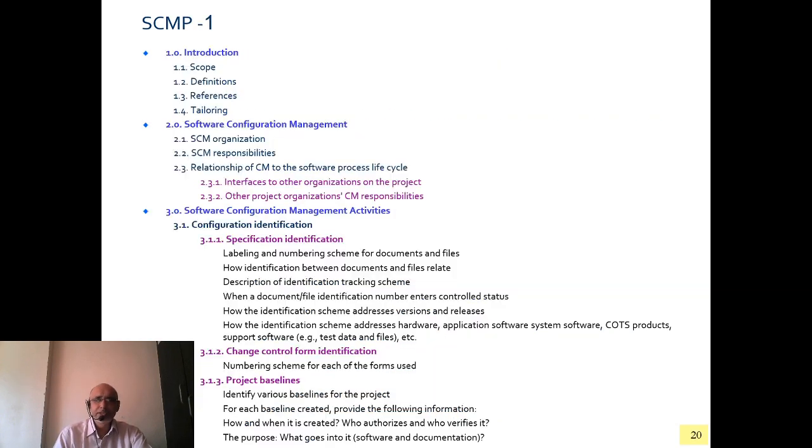Let us proceed ahead. This is an SCMP, Software Configuration Management Plan. This is the first part. It has a format similar to the SRS that we have written: Introduction, which covers scope definition, references and tailoring. Now the configuration identification was the next job. So SCM organizations and SCM roles and responsibilities, who is who, relationship of CM to the software process lifecycle, that is SPLC, and then